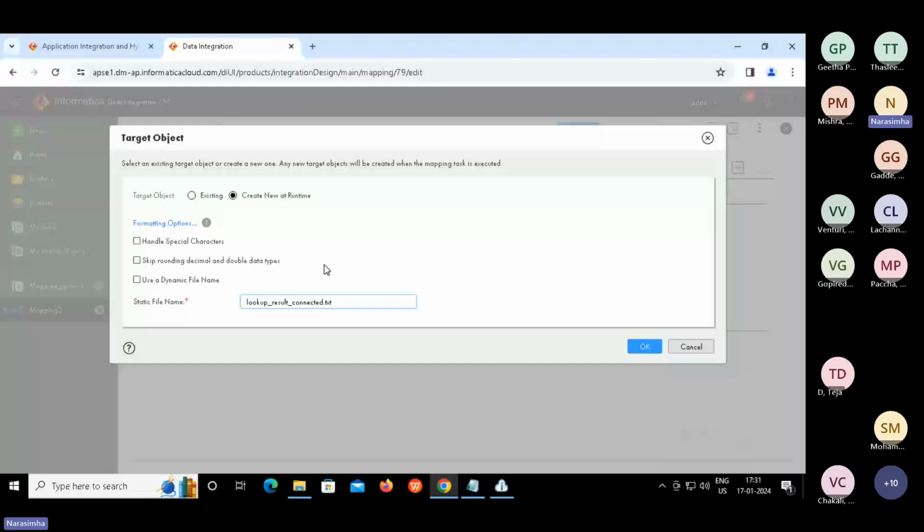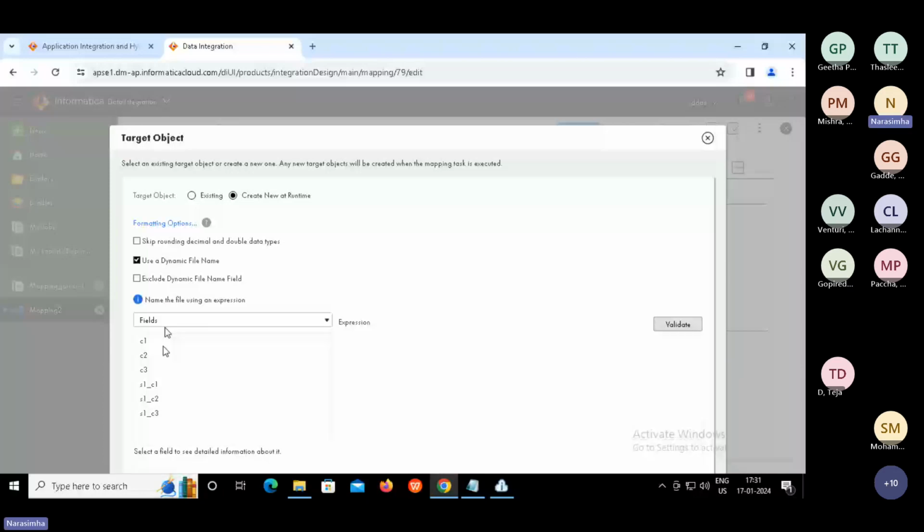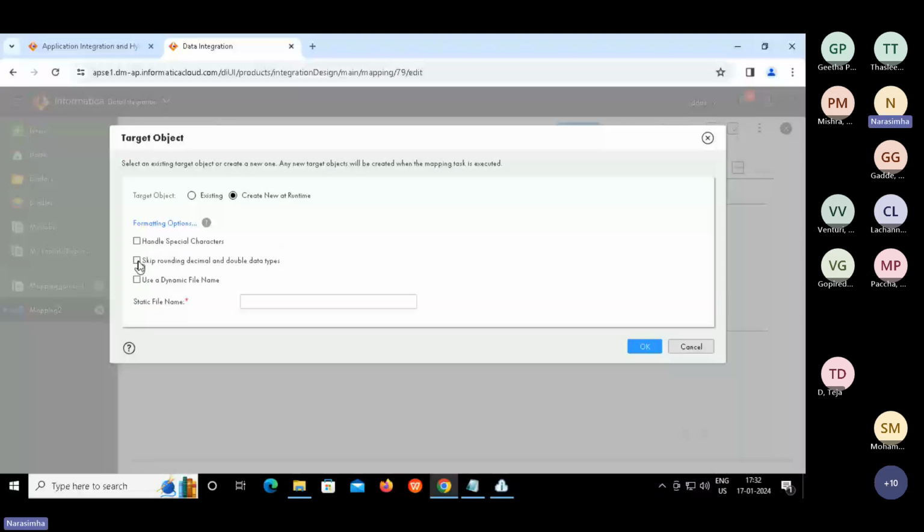If you want to generate the target file dynamically, we can select it and apply any mathematical expression to generate it, let's say based on the date, sysdate.txt or sysdatetime.txt. Then the next is skip rounding decimals and double data types.